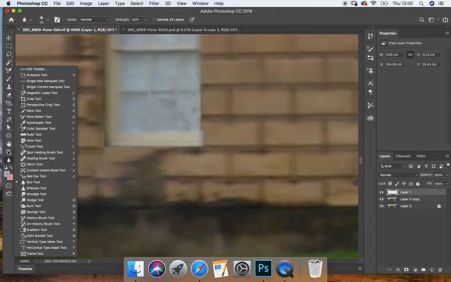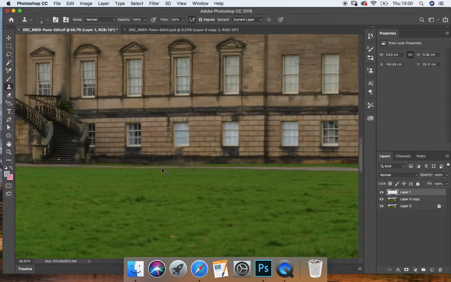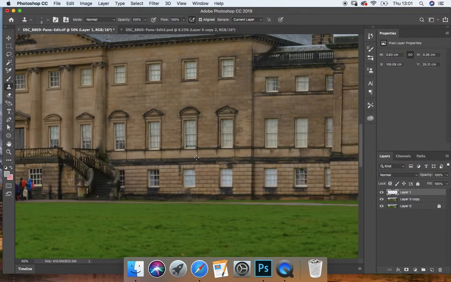I'm going to go back to clone because I'm not quite happy with how it goes. I'll just blend this in a bit. Go to our eraser tool. There we go. And there we have it, a very quick